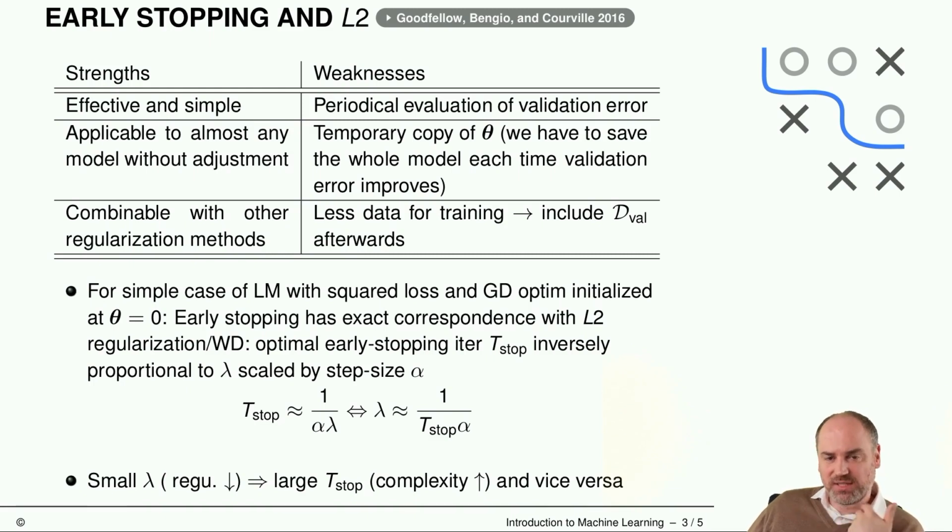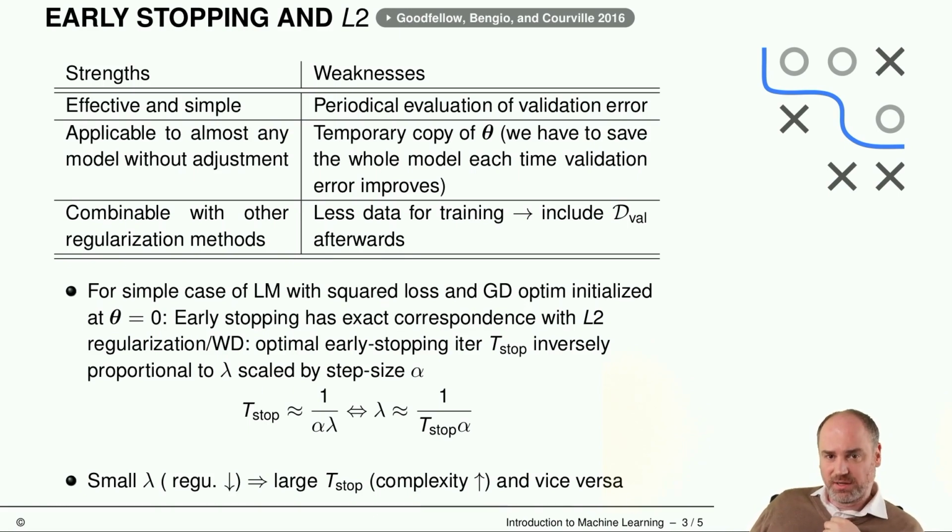At the end, when we have selected the optimal number of iterations, we might include, and we often do include, the validation set and combine it again with the smaller training set to fit again with the optimal number of iterations. But while we are tuning, we have less data available, and we also have to store temporary copies of theta,